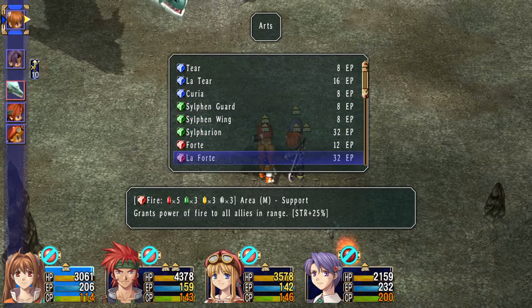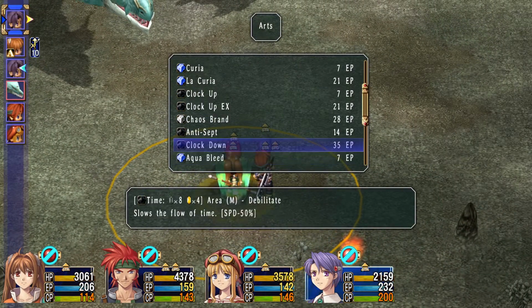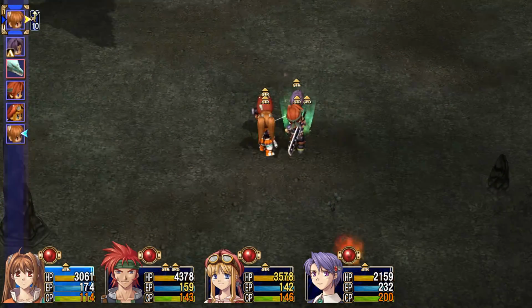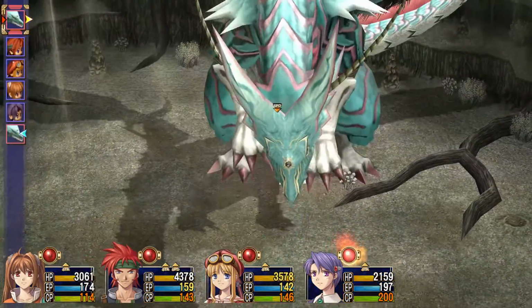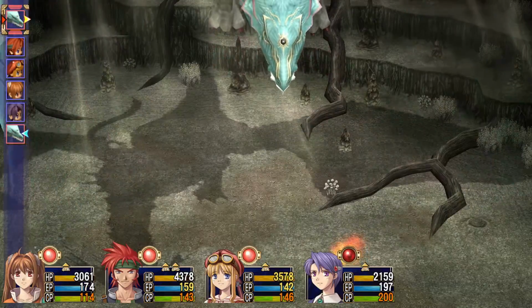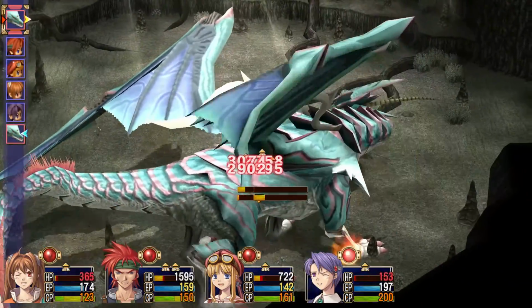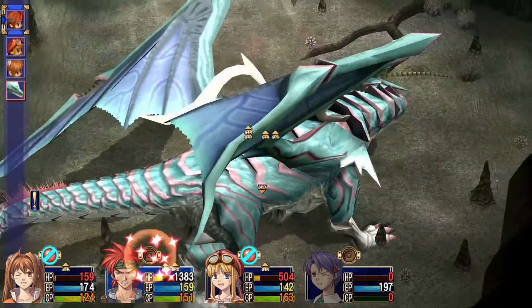Just in case that wears off soon, I'm going to go for this again. And speaking of things wearing off soon, I'll put Clock Down on him again, just in case. This is probably the one fight in the game that I think fits this theme the most. I really like the use of this song here. It definitely suits Ragnard. That's not good. Chloe going down there, but...